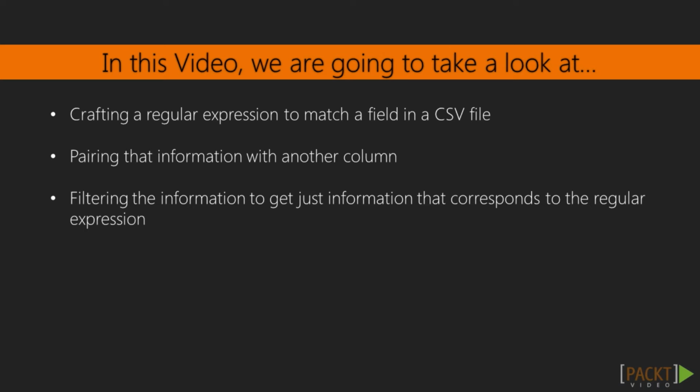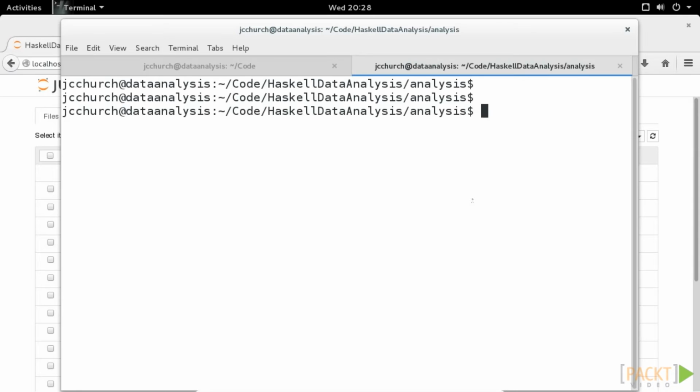We're going to be pairing that information with another column. In this case, the other column is going to be the runs scored by away teams. Then we're going to filter that information to get just the information that corresponds to the regular expression. Now what I would like to do is go back over to my virtual machine, and I would like to